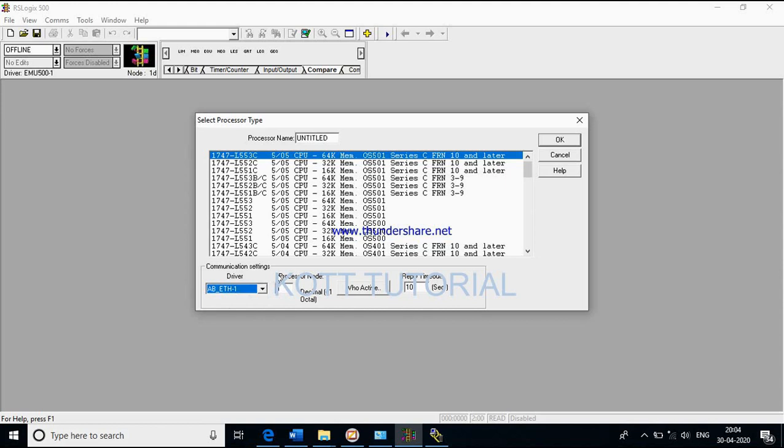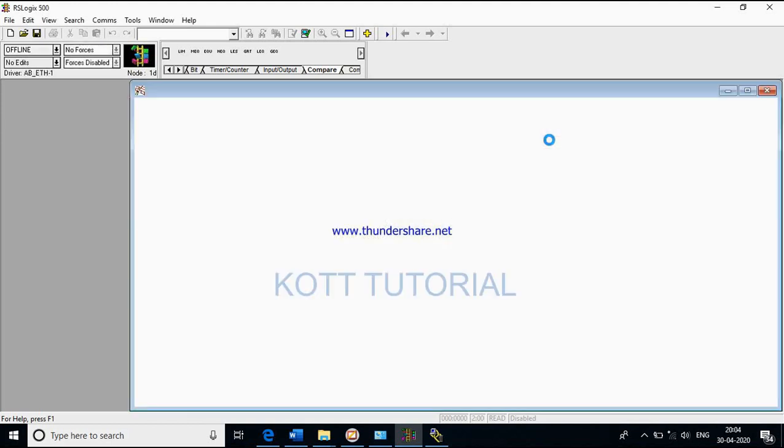If we have used Ethernet protocol for communication, it may have been selected as AB Ethernet. Currently I am keeping it as AB Ethernet, or in your software you can see it as TCP also, so let it be as it is. Click OK.